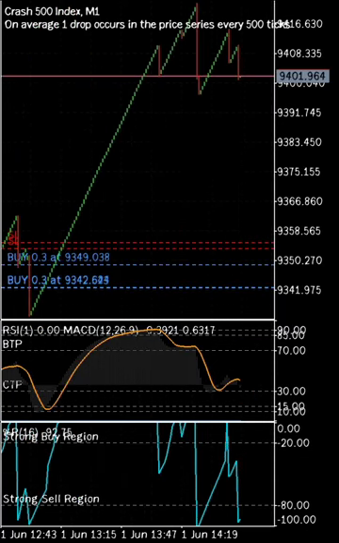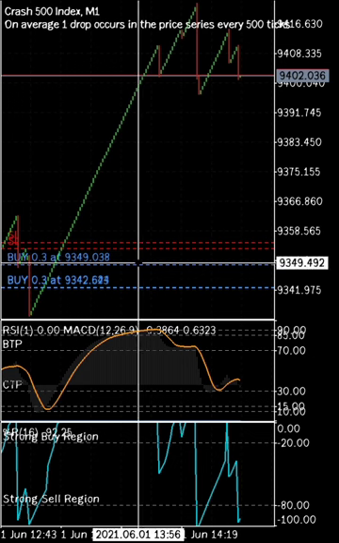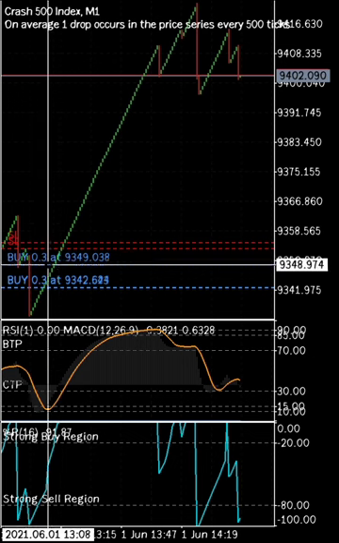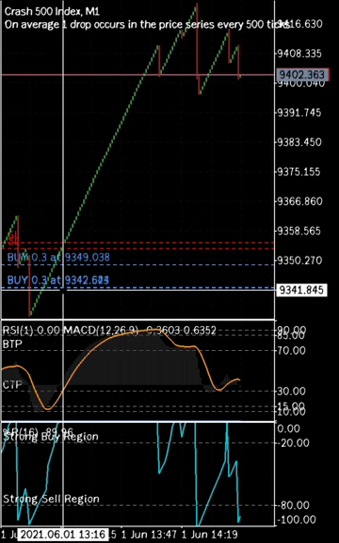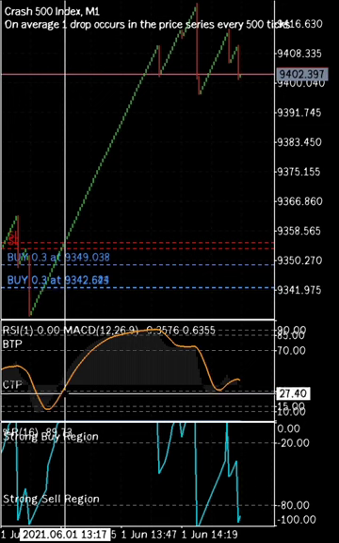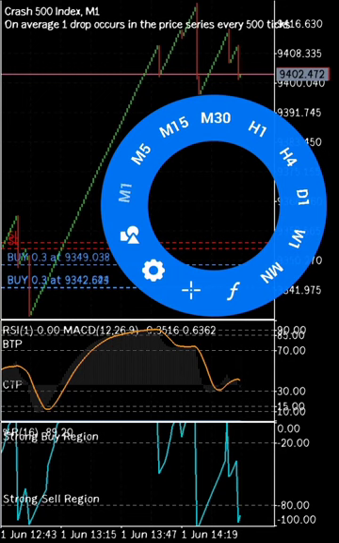Then you come down to your 1 minute for entry reasons. Once a spike occurs and it brings the MACD down to this 30 level, then coupled with the confirmation on the 1 hour that it is at the strong buy level, you take your buy entry, and then you exit the market once the MACD does what? Once the MACD touches this 30 level again. So also for the boom.